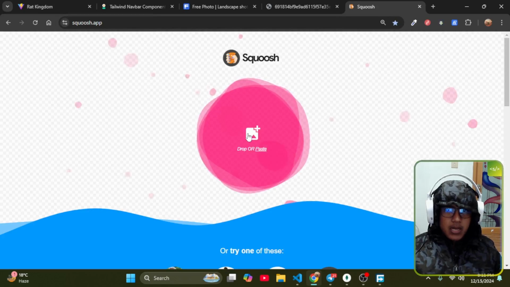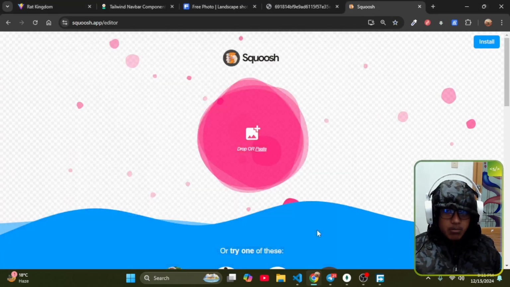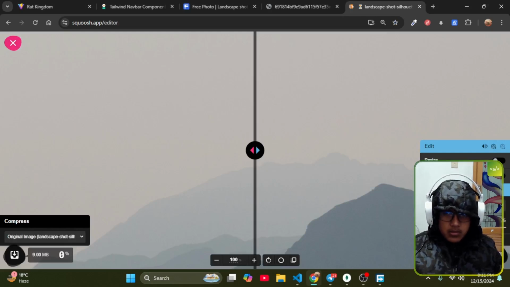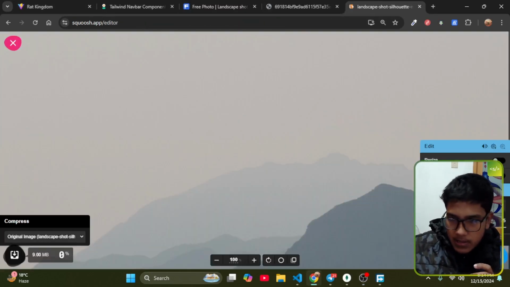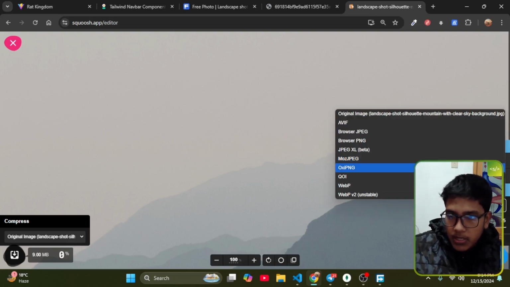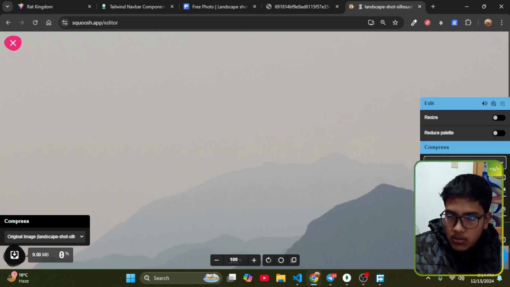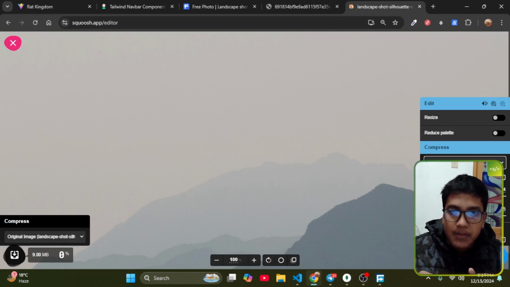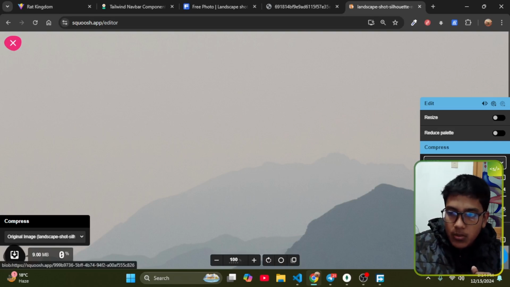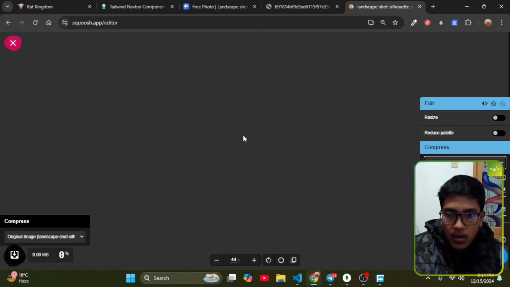So I go here and I just upload that 8 MB image. So you can see that is the before size and after size, and here the format. I chose WebP because that is the most used format for website development. So I just install that, and if you want to compare the previous one and after one,